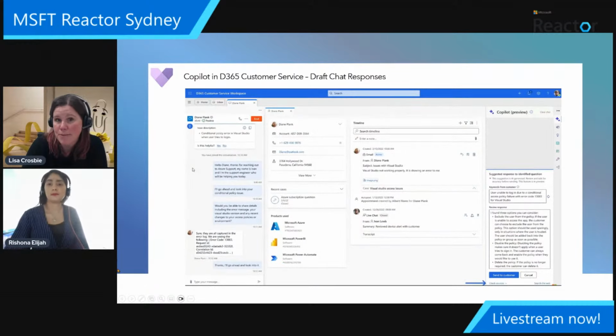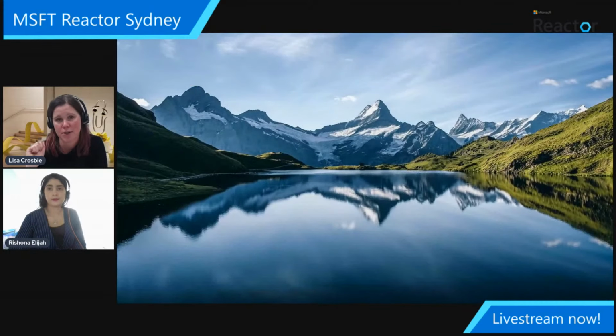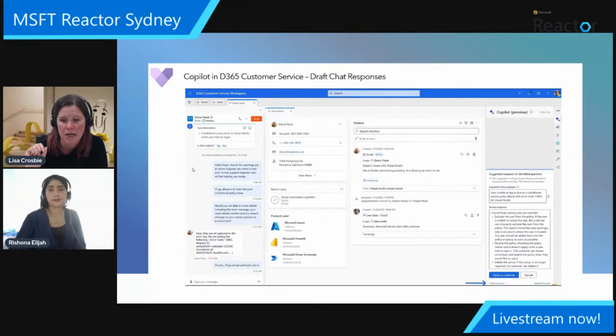Similarly, in the omni-channel experience, if you want to draft a chat response, down the left-hand side we've got an ongoing chat back and forth between the customer and the agent. Similarly to drafting an email response, this can give you a suggested response. The customer has asked a question, and it's going through all of that knowledge base, case histories and resolved cases to find what those things are. And the little blue arrow at the bottom also says check sources.